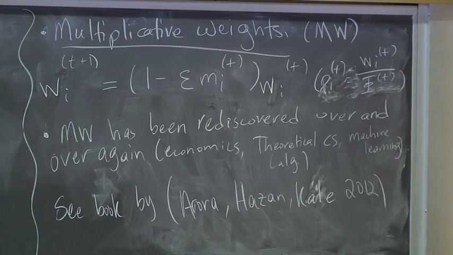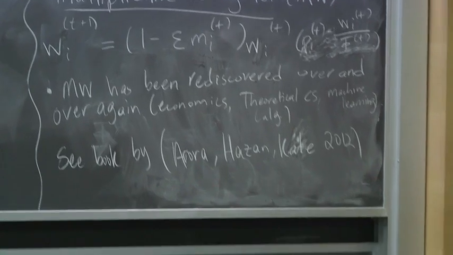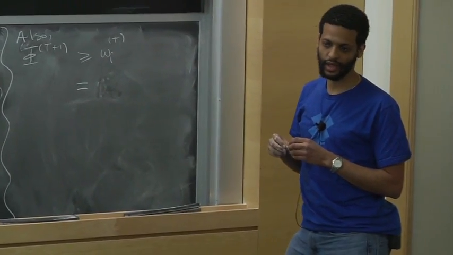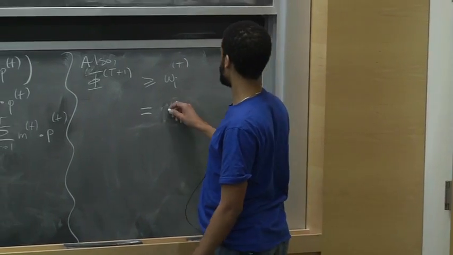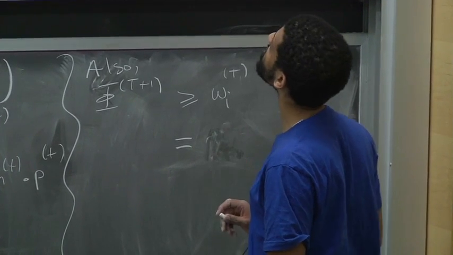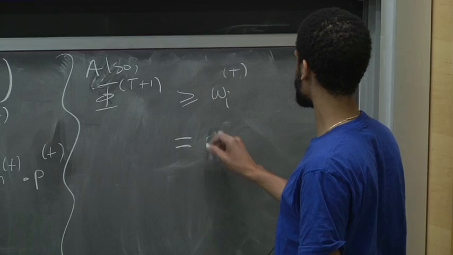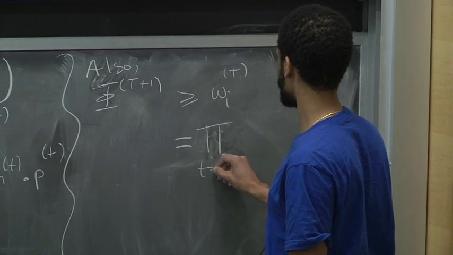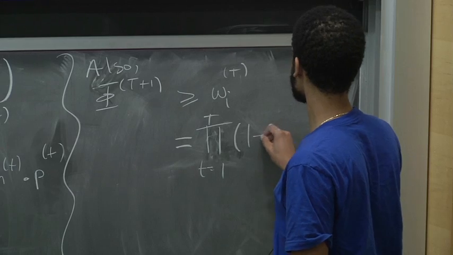So let me write what you get by induction, basically. Okay, so this is equal to 1 minus epsilon, so basically the product for t going from 1 to T of 1 minus epsilon